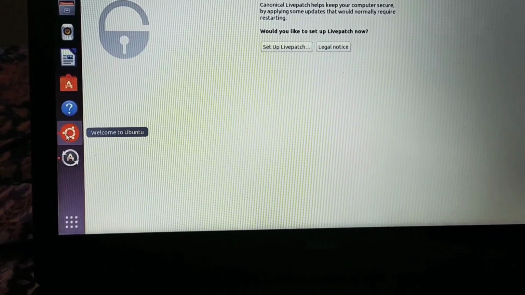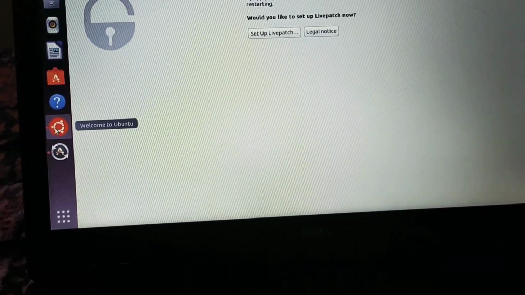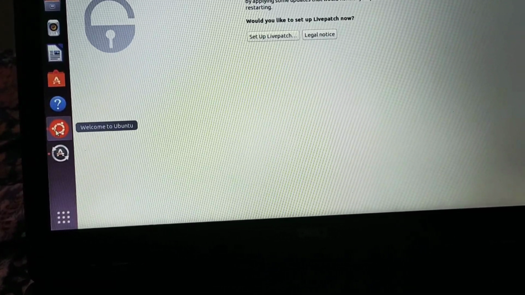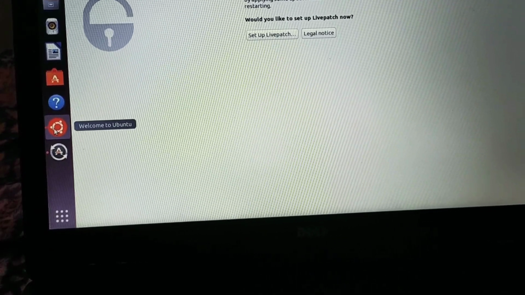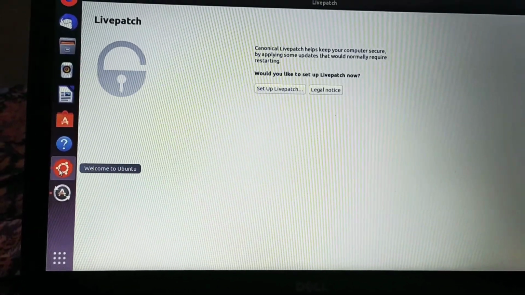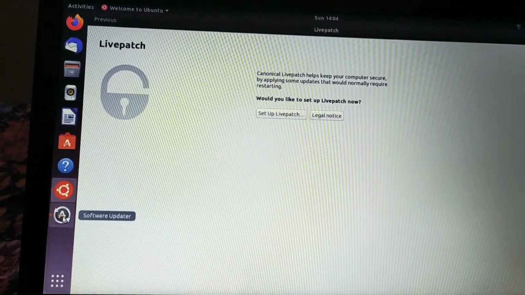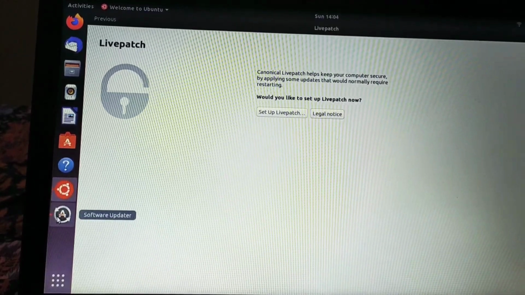So as of now, at the time of recording this video, I would suggest to downgrade to 18.04. And if in future this release gets stable, then you can upgrade it, and otherwise try to avoid the update which will come. Even now it's showing the update over here, so just try not to update it to 20.04.